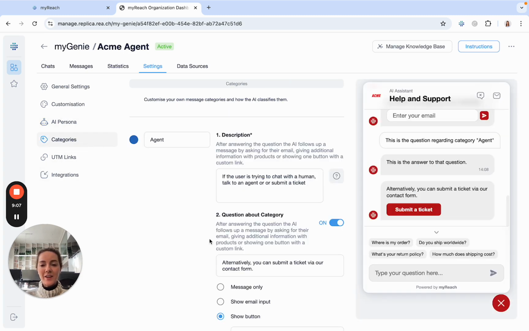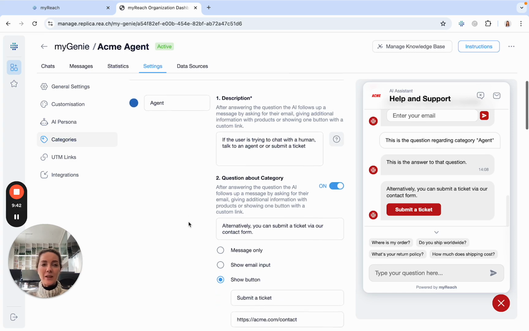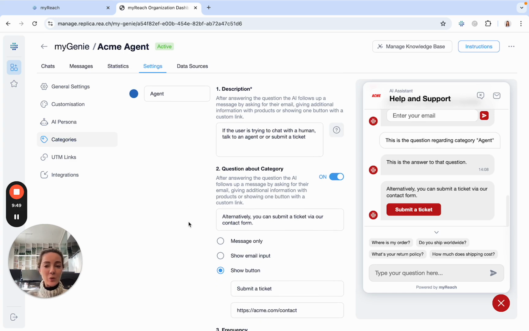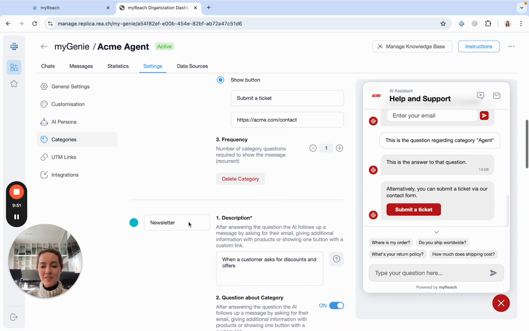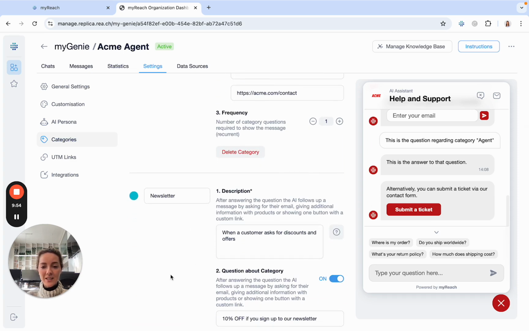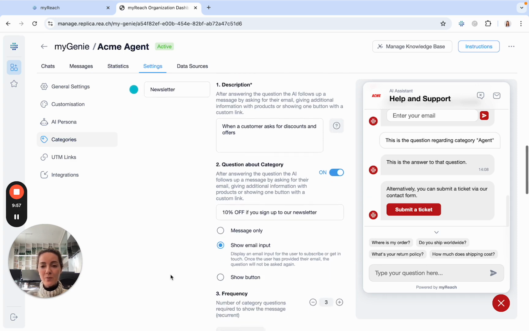So the next thing that we have here is categories. Categories is a very useful way to be able to understand what questions are being asked, essentially to be able to categorize them. So you can create your own categories depending on your use case, and then you're able to filter questions and answers from the chat into these categories, so you can see what people are asking about, what concerns they have, whether there are any problems. So you could, for instance, have a category about complaints, because it also works with sentiment analysis. The important thing is the description that you write here, that it is clear and it explains properly what that